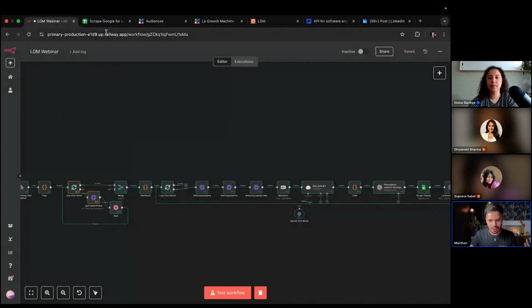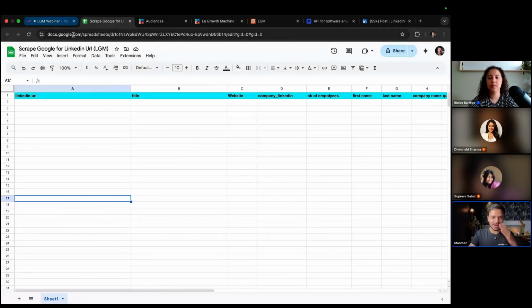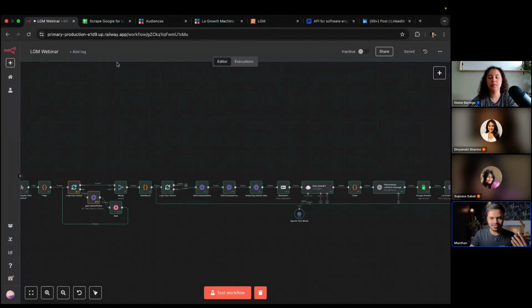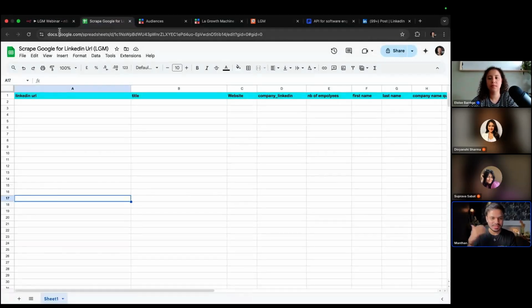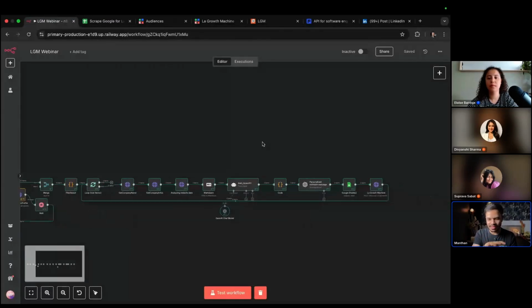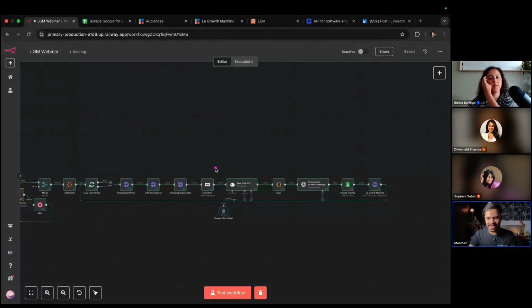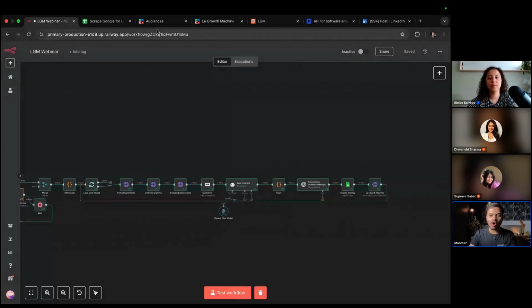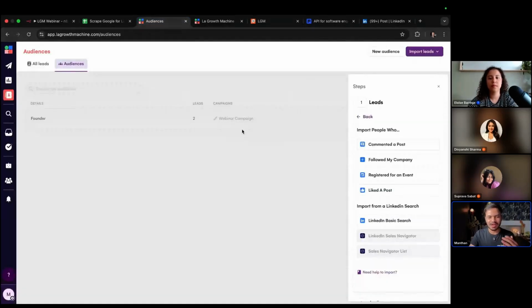So this is our Google Sheet. We are also storing data in our CRM. For example, if you're using HubSpot or Airtable, but as most of you will be familiar with Google Sheet, that's why I'm using Google Sheet. But feel free to use ClickUp, HubSpot, whatever you are using. All of these leads that we scrape, the qualified leads and the personalized outreach message that we create using OpenAI, will all be added inside our LGM campaigns. I'm going to show you how you can do that.